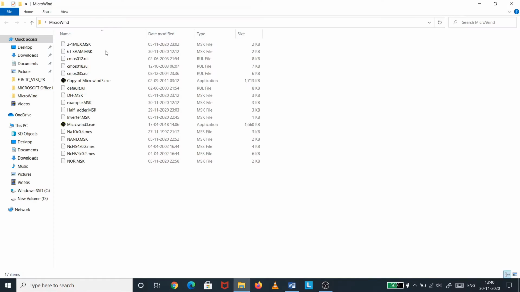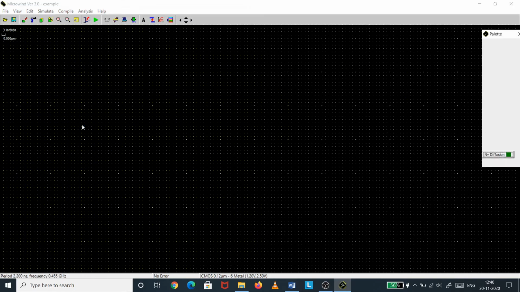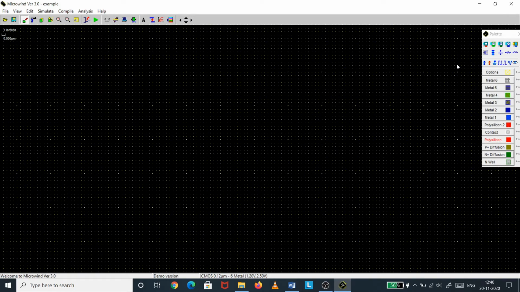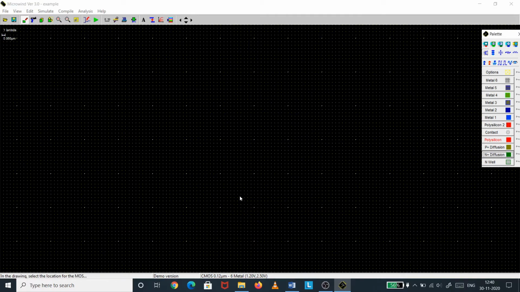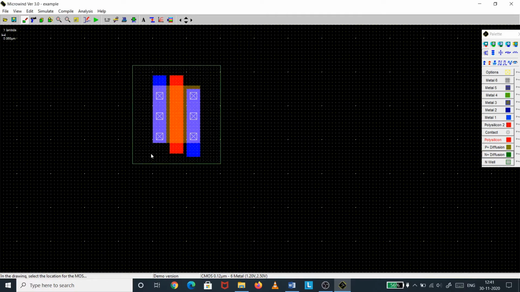So open the Microwind software. First we will design the transmission gate. So for the transmission gate we will select first PMOS. So this is my PMOS.